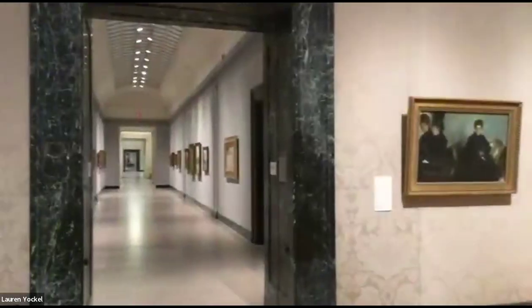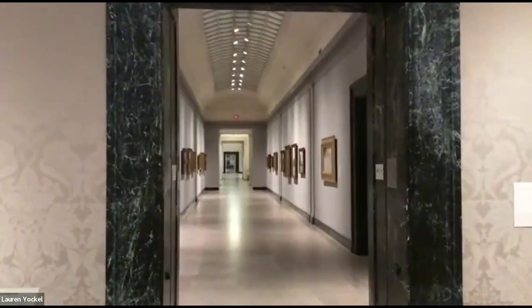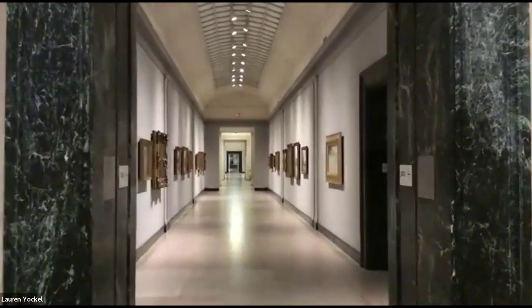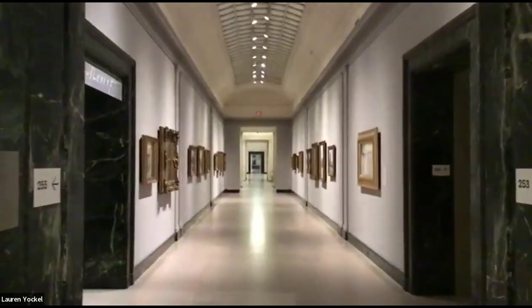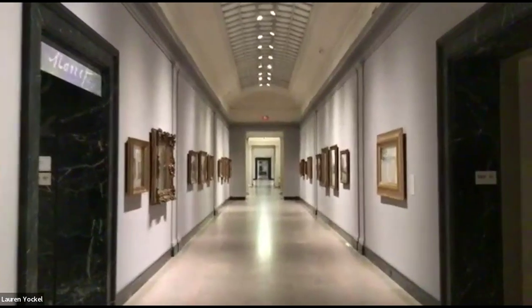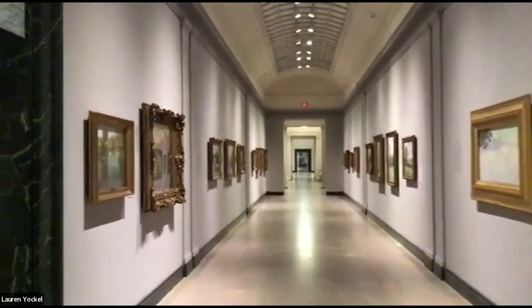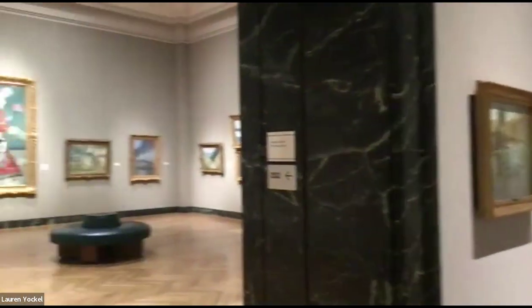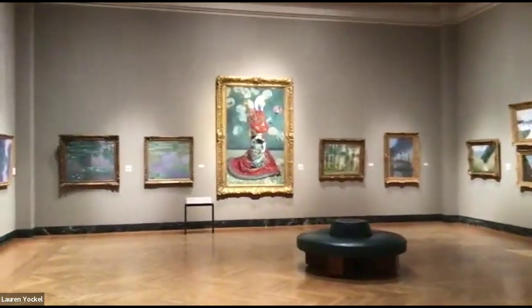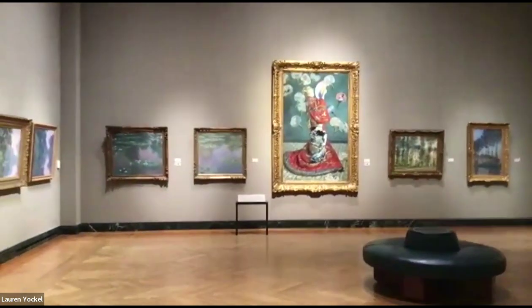And in fact, we have a whole separate room, a whole gallery of paintings just by this artist. So I'm going to start moving that direction and we'll get to go into the Monet gallery. And I'm going to turn my camera around so you can see where we're headed. And I should point out too, this is the one day of the week that the museum is closed to the public. And that's why it looks very empty here today, because today it's just me and all of you. So it's a little bit quiet here.